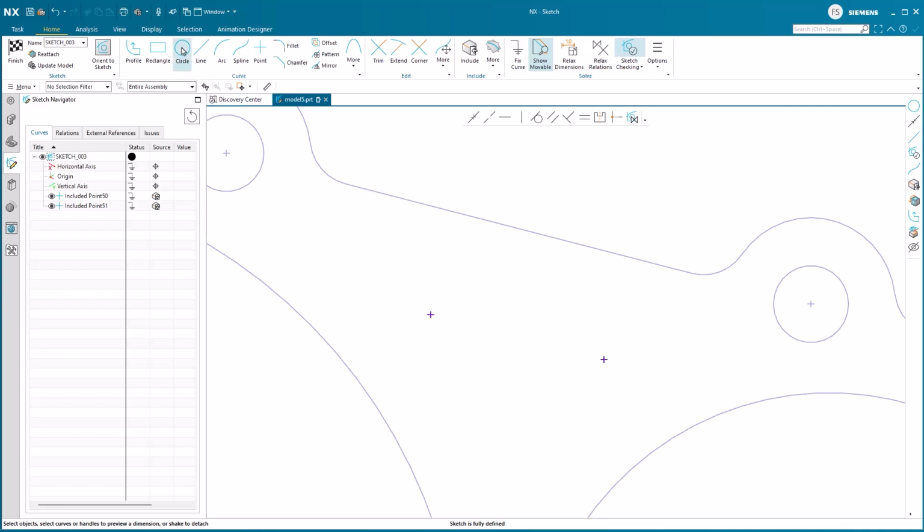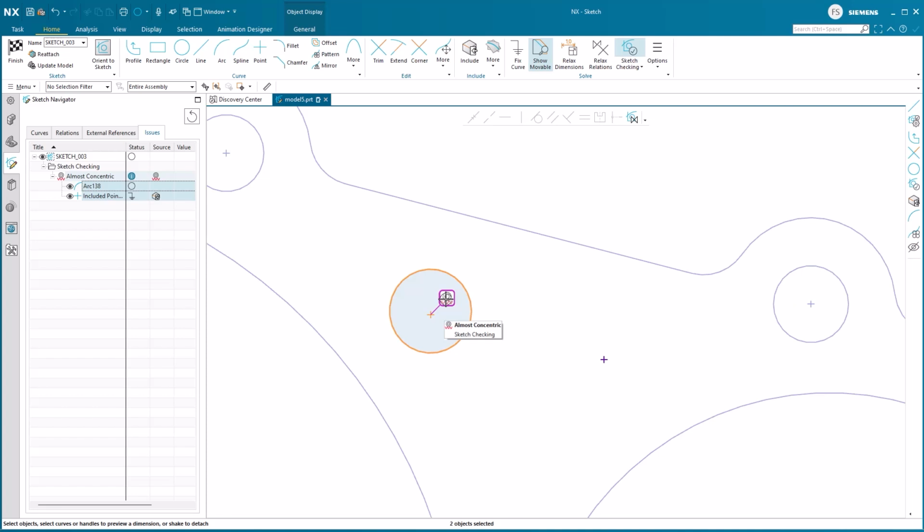We continue by creating the circle for the inlet. We immediately see the visual issue tag and the issue in the issues column of the sketch navigator, as there is a sketch relations mismatch here. Hovering over the issues tag in the graphical window reveals what issue it is. Here it is an almost concentric issue, meaning that the center point of the circle is almost the same as the center point for the inlet of the oil channel.